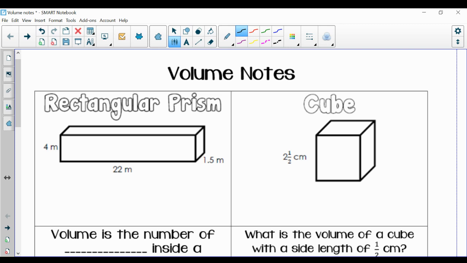Good morning, everyone. So today we are going to talk about volume, okay? So we have talked about area, we've talked about surface area. Those two were dealing with two-dimensional shapes. Even surface area that dealt with three-dimensional shapes, what it was actually talking about was the surface of your three-dimensional